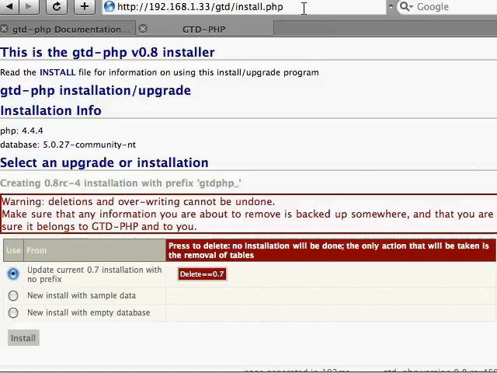Okay, and this is what the upgrade looks like for us now. It's identified that we've got a current 0.7 installation, and it's offering us the opportunity to upgrade from that to gtd-php version 0.8, or we could do a new install with the sample database, or we could do a new install with an empty database. And what we're going to do here is upgrade our 0.7 installation, and that's going to go from an installation with no prefix to our installation with prefix gtd-php as we specified in the config file. So we hit the install button,